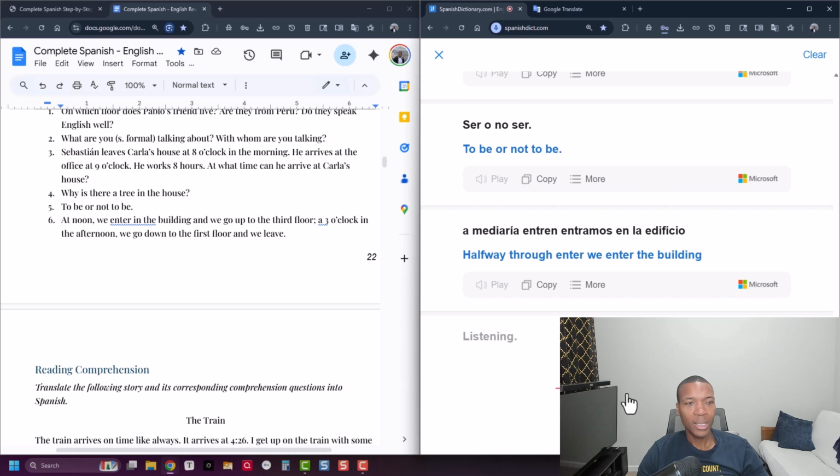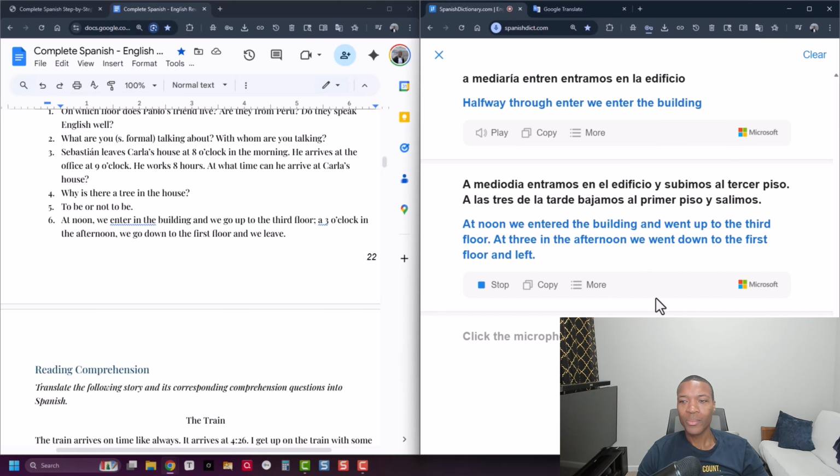A las 3 de la tarde bajamos al 1er piso y salimos. That was tough. At noon we entered the building and went up to the 3rd floor. At 3 in the afternoon, we went down to the 1st floor and left.